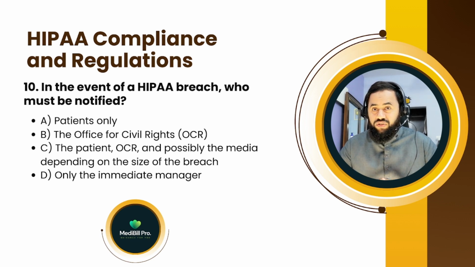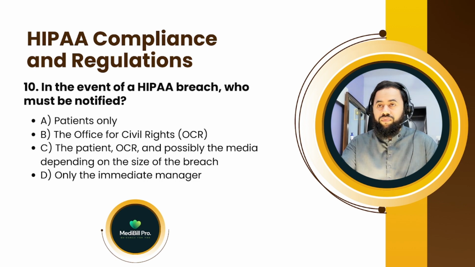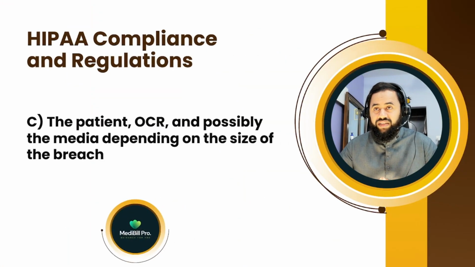Option A is patient only. Option B is the Office of Civil Rights. Option C is the patient, OCR, Office of Civil Rights, and possibly the media, depending on the size of the breach. Option D is only the immediate manager. So option C is going to be the correct one, that is the patient,